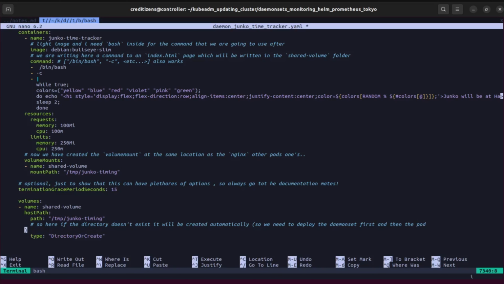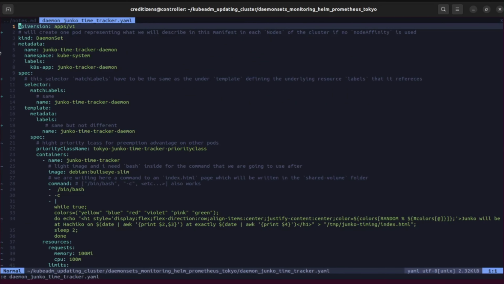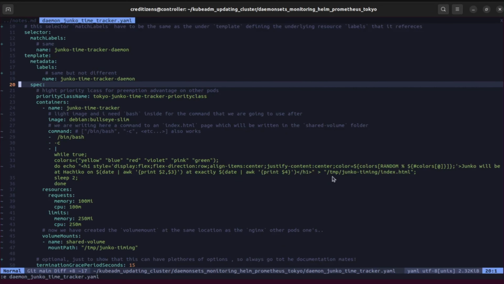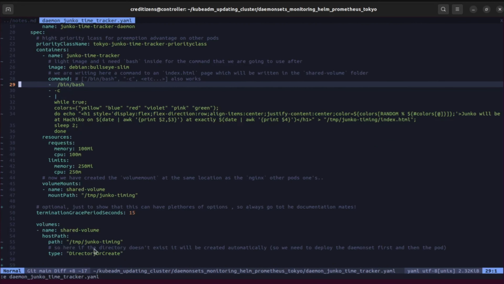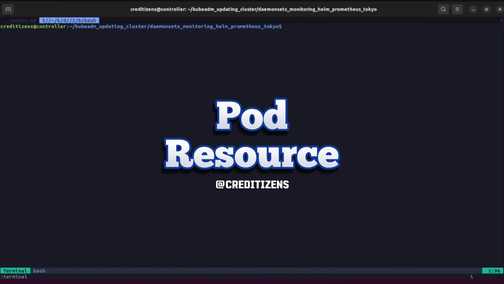So we need to deploy the DaemonSet first, and then the pod. Because we want, when the pod arrives, it sees that the volume is already there. Otherwise, it's going to be having some trouble starting. Going to get a lot of issues. Okay, so we have the labels, the match label, we have our container, inside we have our command, we manage the resources, we created the volume connection, and we added the option DirectoryOrCreate. That's our DaemonSet. Now for the pod,